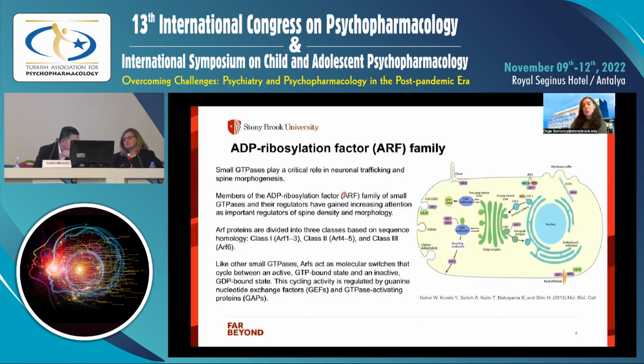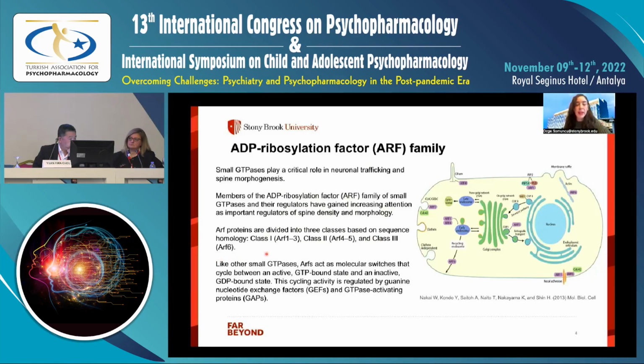With this, I'd like to talk about the ARF proteins that we were mainly focusing on for this project. ARFs are small GTPases that play a critical role in neuronal trafficking and spine morphogenesis. Members of the ADP-ribosylation factor, or ARF, family of small GTPases and their regulators have gained interest throughout the years because they are important regulators of spine density and morphology. There are three classes of the ARF family. Class 1 is ARF 1 to 3, Class 2 is ARF 4 and 5, and Class 3 is ARF